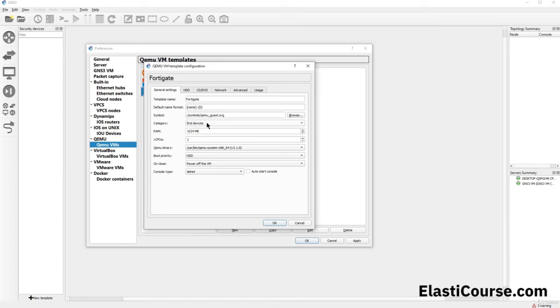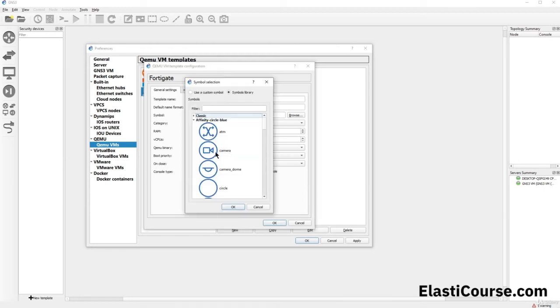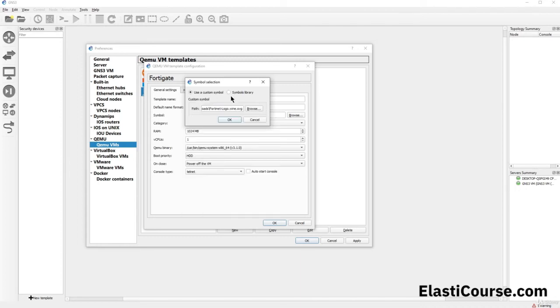So we can make it go in the right category by choosing security devices. We can optionally increase the CPU if we need more power, but this should be enough for this image. We can also choose a new icon for this firewall, including the built-in icons from here. We can search for firewall and choose one of these options, or we can even use our custom symbol. We can click OK to that, and now we have our device correctly defined, and we can go ahead under HDD